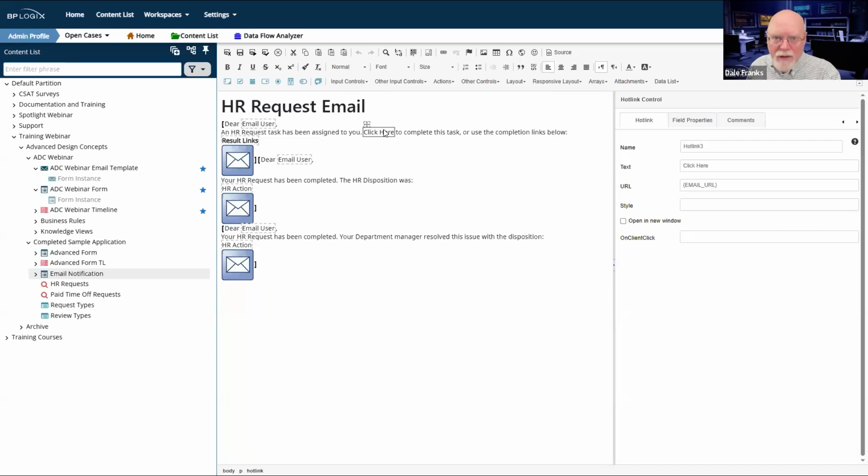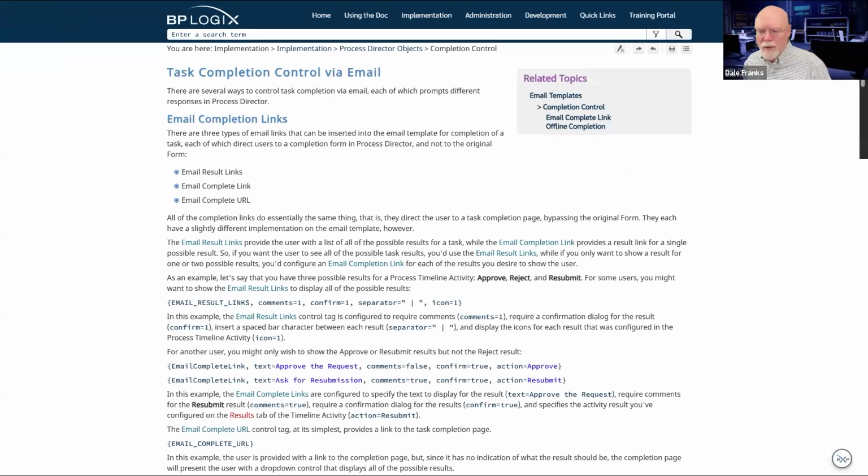They can familiarize themselves with what's happening with that request, and then they can move on with their lives. However, we do provide some additional options because there are some edge cases that we have to account for. And that's where this email control completion comes in.